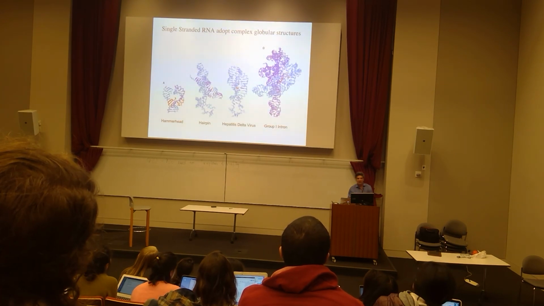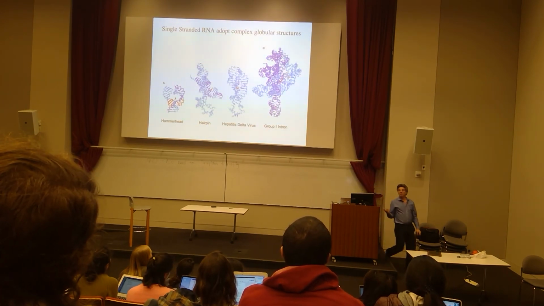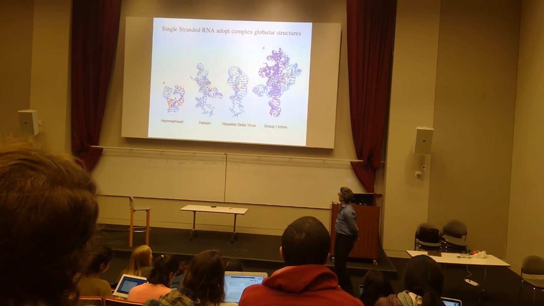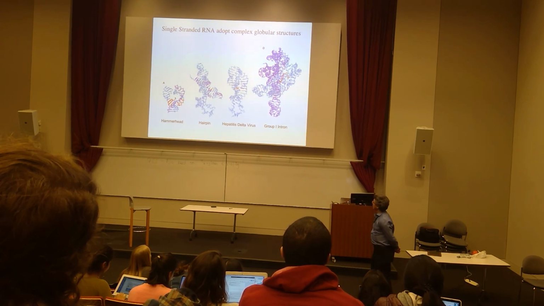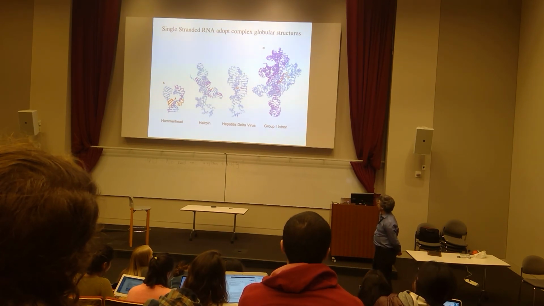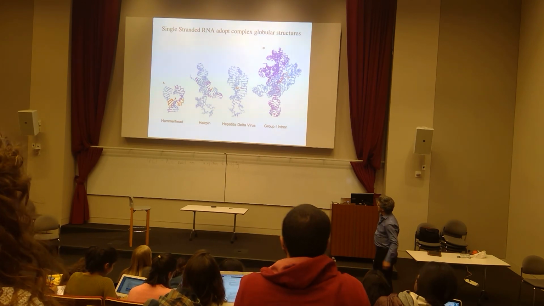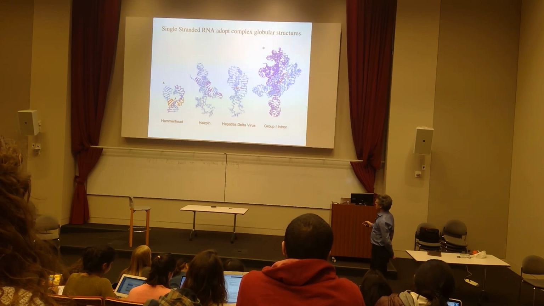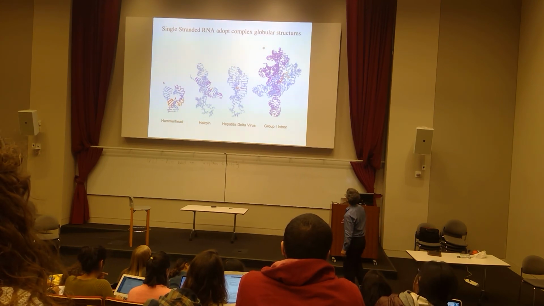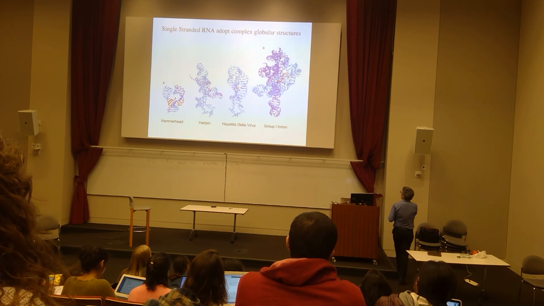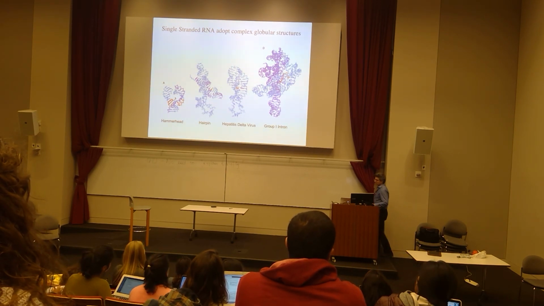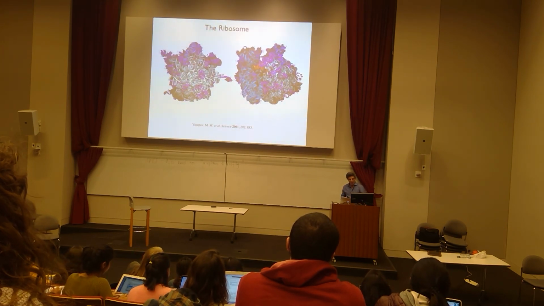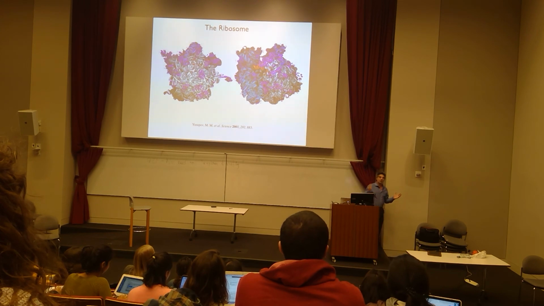It's really only RNA that forms more complex globular structures, and this just shows some of the high-resolution structures that have been solved for RNAs as they begin to populate bulges, hairpins, these sorts of things. This is hammerhead form of RNA. This is, I believe, catalytic. This is a portion of RNA from a virus, and this is a portion of RNA that forms an intron that needs to be cleaved out as RNA is being matured. We had this huge explosion of information